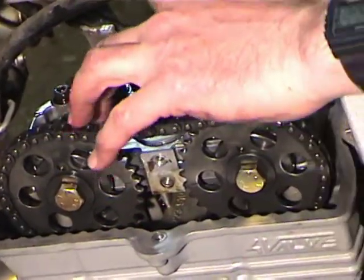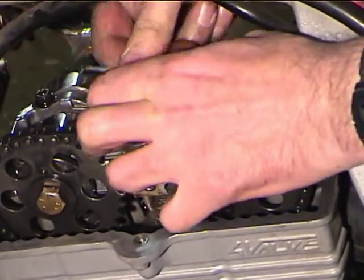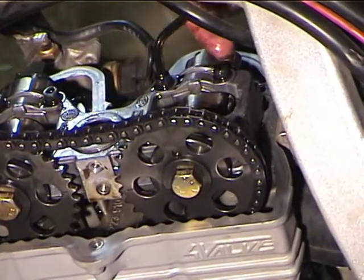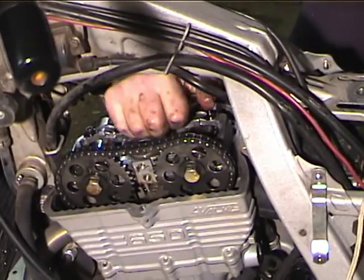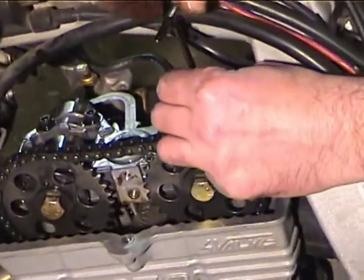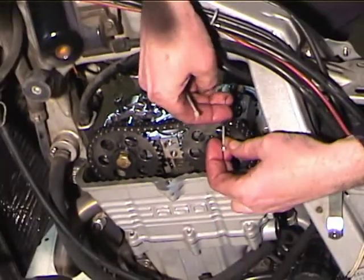I like to crack them all loose first, about a quarter turn or so, before actually removing any of them. I don't know that it makes that much difference, but it makes me happy. Okay, now I've got all the bolts loose, but before I remove the cam carriers,